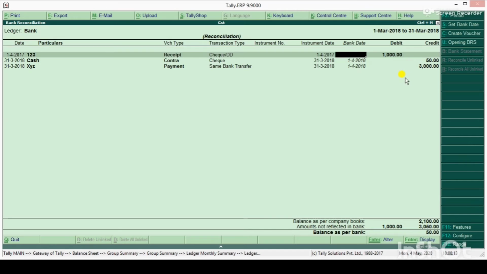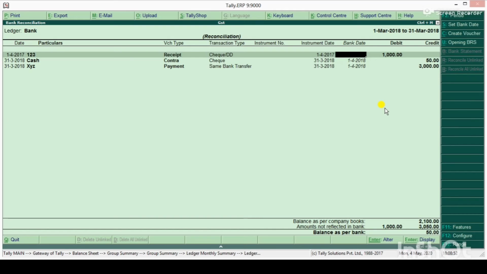But how to analyze this? For example, if I have this transaction of cash, then it cannot be in reconciliation actually as per norms, but it is dummy, so I have taken this. I have made a check as on 31st March 2018 and it gets cleared on 1st April 2018, so it will appear in reconciliation. Same way, this check I have already issued but it is still not presented in bank, so it will be reflected in reconciliation. Ideally it must be reversed after 3 months, but just for example I have taken it.